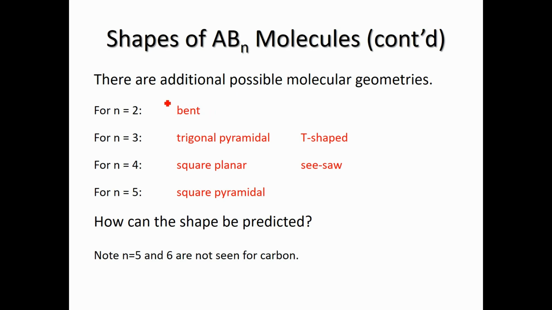So when n is 2, for example, you can also get it as bent, or you can get it as linear. For example, in CO2, we said it's going to be a straight line. This is A, that's B, that's B. But in water,